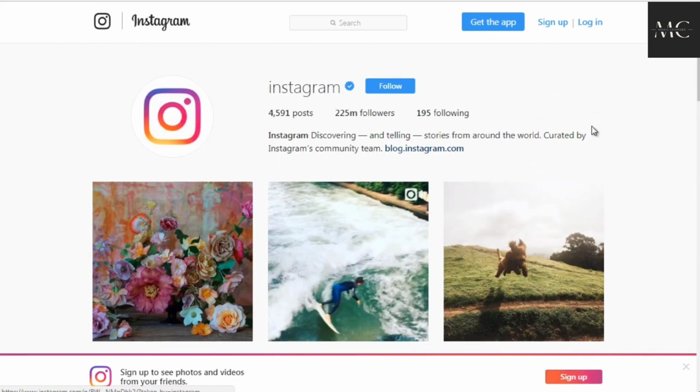Now you can see, like I said, with Instagram, their profile, you can see that they're directing you to their blog. They're still trying to gain your trust, right? So they've not directed you to a certain product, but of course that's Instagram. So they could direct you to Instagram.com, but for whatever reason, they chose to direct you to a blog.